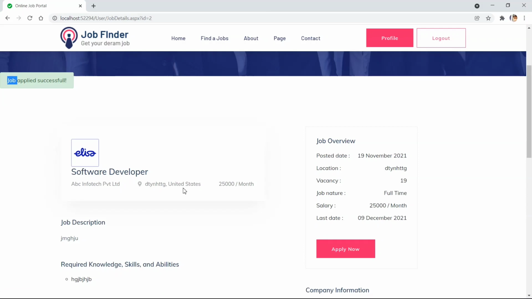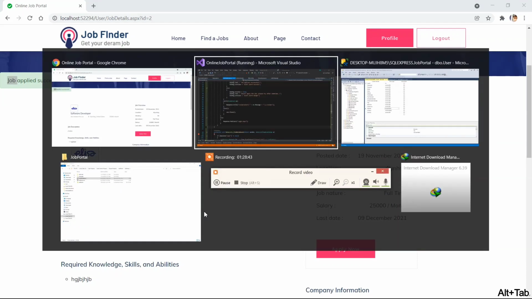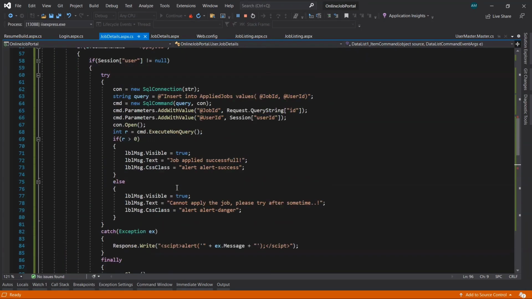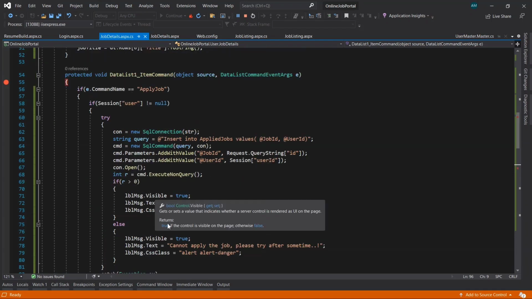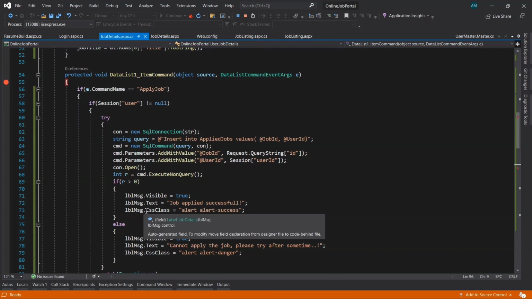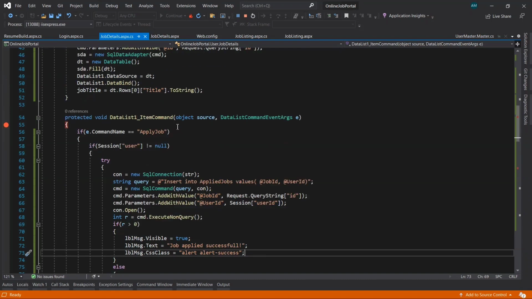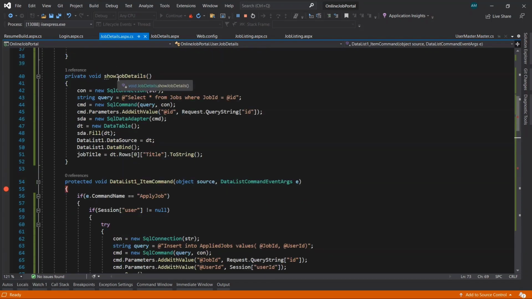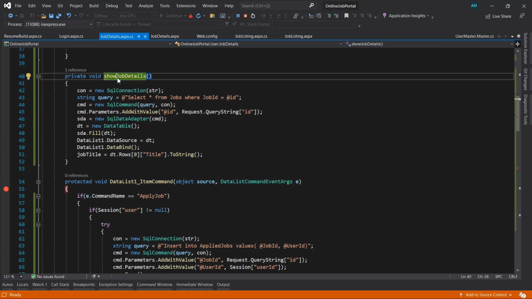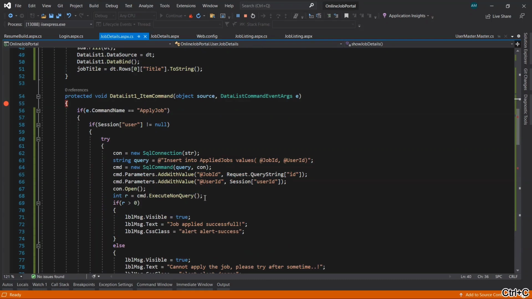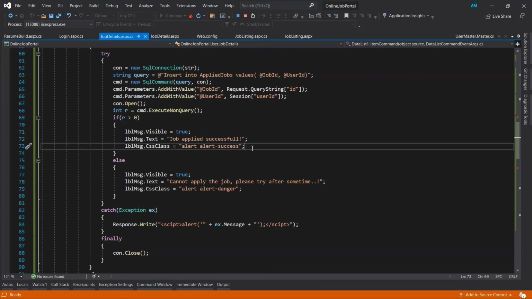For that we need to call one piece of code here. When the job has been applied successfully, after that we need to call the function used for displaying the details. So we'll copy that and add it here after this one, but right now we can't add it because the project is in debugging mode.